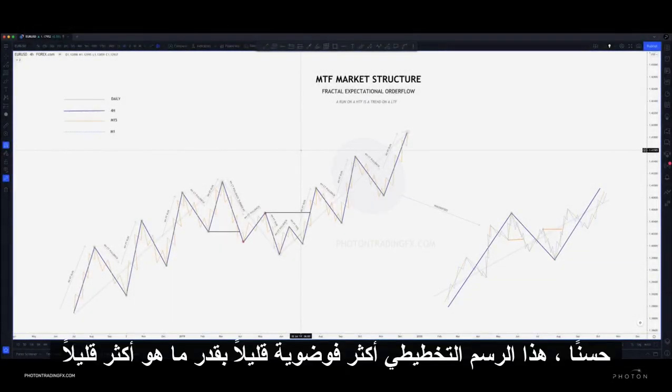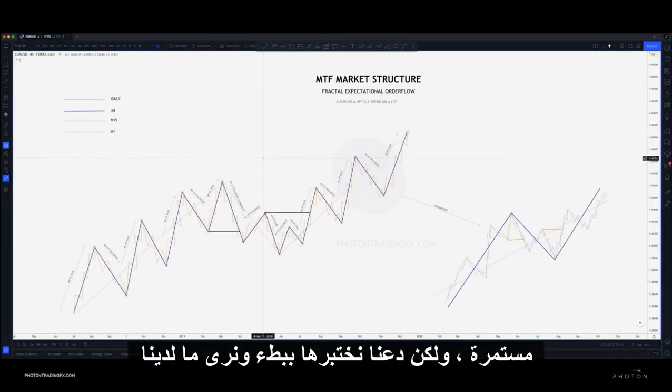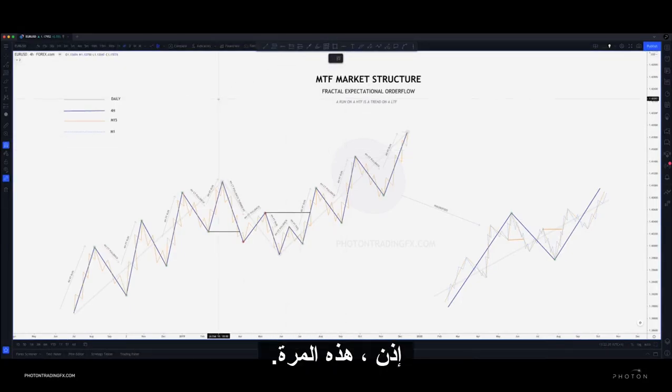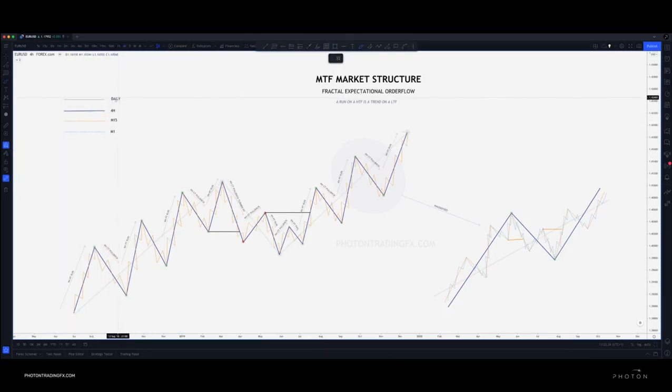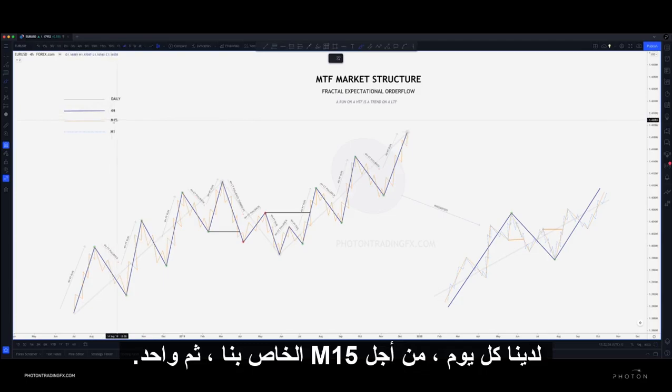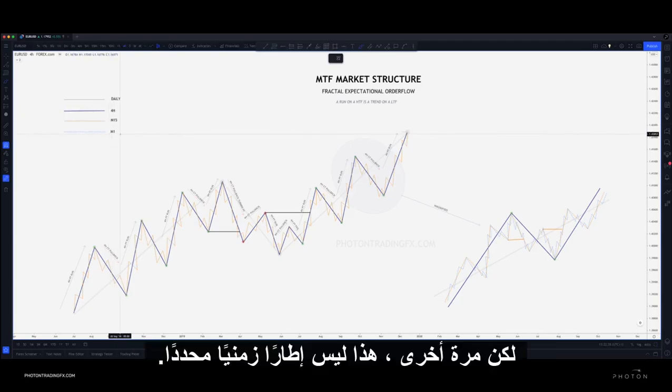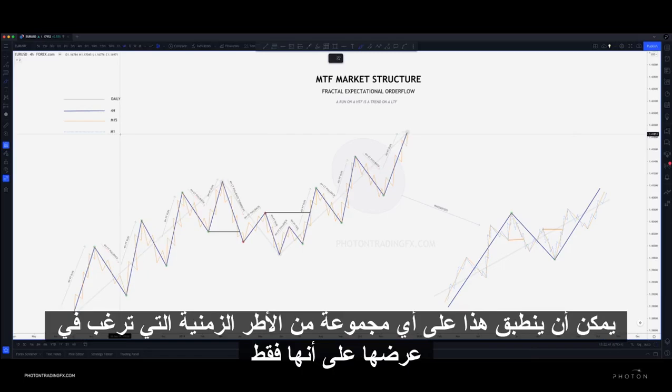Okay, so this diagram is a little bit more messy as there's a little bit more going on, but let's just slowly go through it and see what we have here. This time, instead of just looking at 2 time frames, we have 4 time frames: the daily, the 4 hour, the M15, and the M1. But again, this is not time frame specific. This can apply to any set of time frames that you wish to view